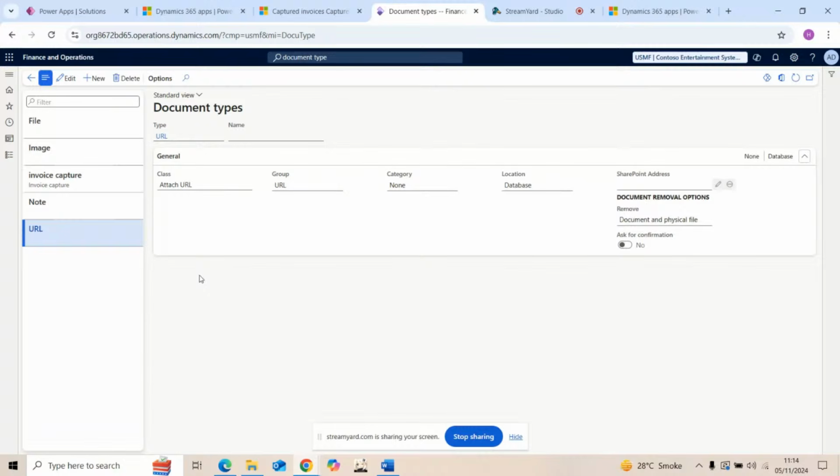So as you can see, for this invoice capture document type, the group is file and the location is Azure storage. Keep it like this because say for example, if for some other purposes you need to create a new document type for your invoice capture,